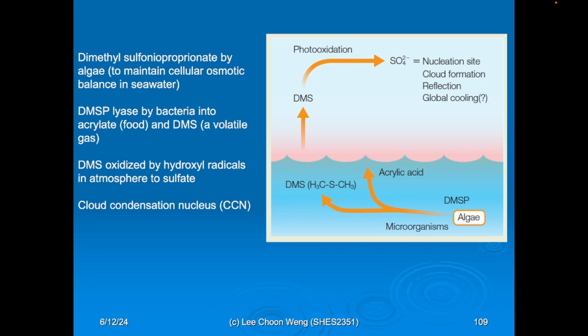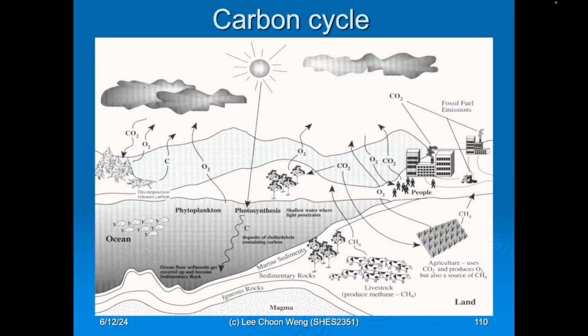And this could be a feedback mechanism to reduce global warming. Okay, let's look at the carbon cycle. So the main processes are photosynthesis, where carbon dioxide is fixed into biomass, and also respiration, where carbon dioxide is released. Anthropogenic impacts from human activities,